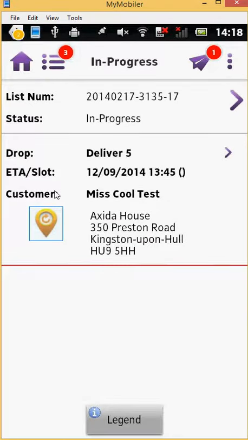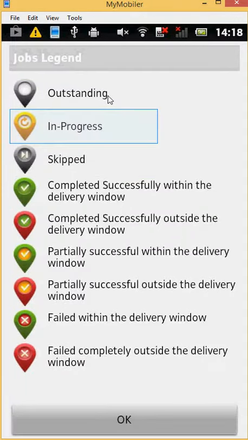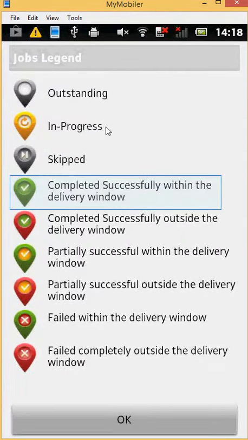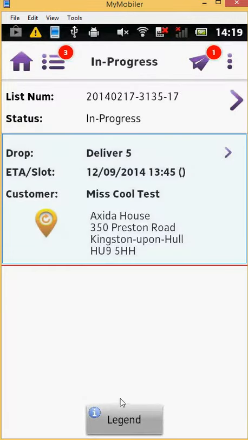Notice how the lollipop icon has changed colours to yellow. If you click on the Legend button at the bottom of the screen, you will open the colour-coded key, which shows the different statuses of a job. Grey represents outstanding and skip jobs. All yellow is for in-progress jobs, all green is for completed jobs, and all red for failed jobs. Click OK to close the key. Tapping the job will take you back to the job view screen, where you can continue recording the delivery or